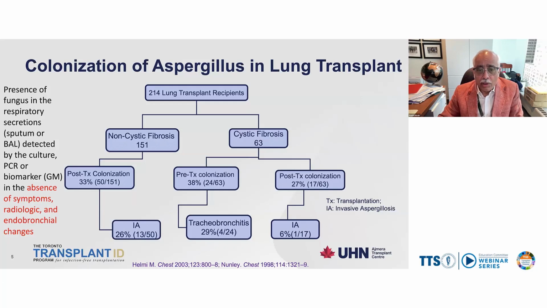The reason to recognize colonization as an important risk factor is that colonization may predispose to invasive pulmonary aspergillosis, especially in the setting of lung transplant recipients. However, there are some data to suggest that pre-transplant colonization in liver transplant recipients may also predispose to invasive aspergillosis. If you have cystic fibrosis, then you probably get tracheobronchitis, which is the case in 1/4 of the patients who are colonized. And if you're a non-cystic fibrosis patient, around 1/4 of these patients will go on to develop invasive pulmonary aspergillosis.